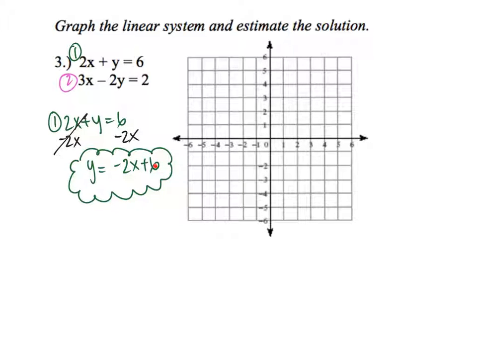So my intercept here is 6, so I have to go up to 6 and plot. And then my slope here is negative 2 over 1, right? Based off of this equation. So in this case, I need to go down 2 over 1. And this time, because I'm trying to estimate this solution, I'm going to plot more points,